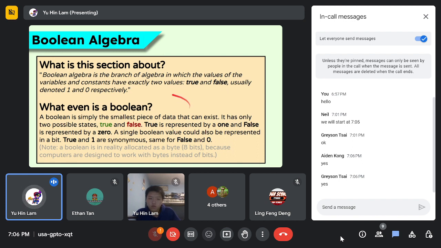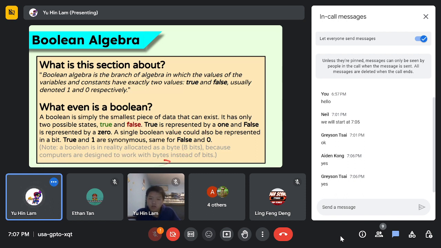So let's first ask, what is even a Boolean? A Boolean is just the simplest piece of data that can exist, and there's actually only two possible states it could be in. Either it's true or it's false. Just like I said before, they are represented by ones and zeros. True is represented by one and false is represented by zero. A single Boolean value can also be represented in a bit